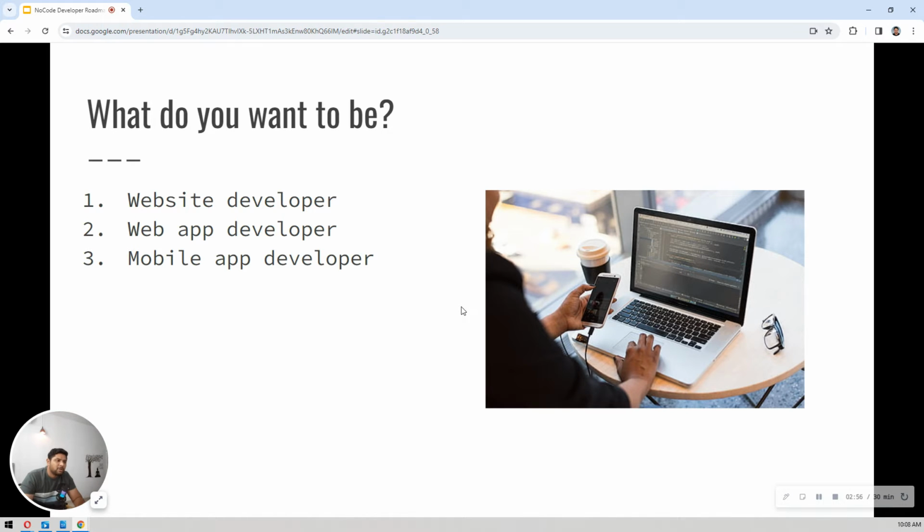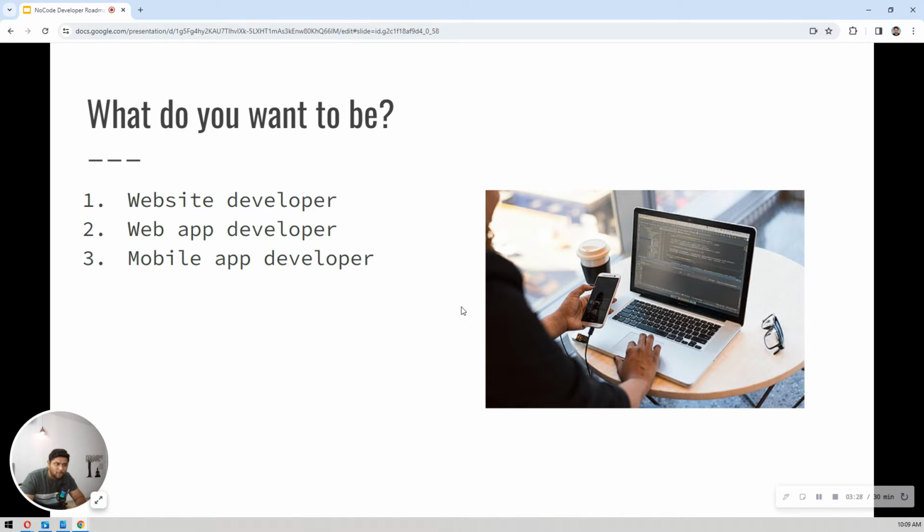Web apps are applications like Gmail, or let's say Facebook. You can call Facebook a web app also. I would say social media websites, or any websites that you are using these days. Let's say the QuickBooks application, the backend application, you can call it a web app, right? That's a web app, which is using databases and all the business logic is used there, right?